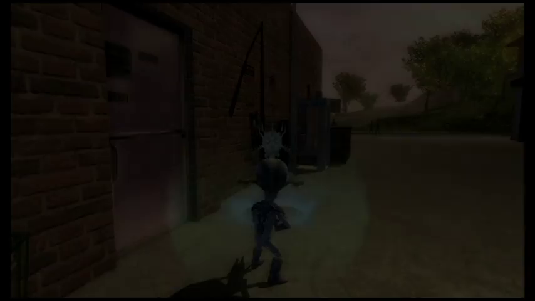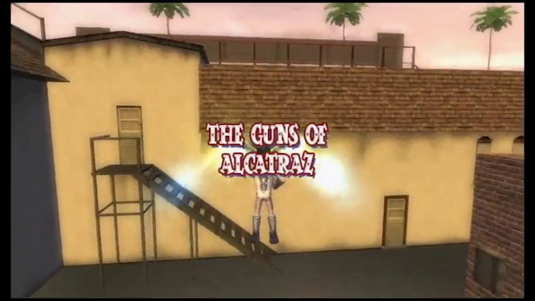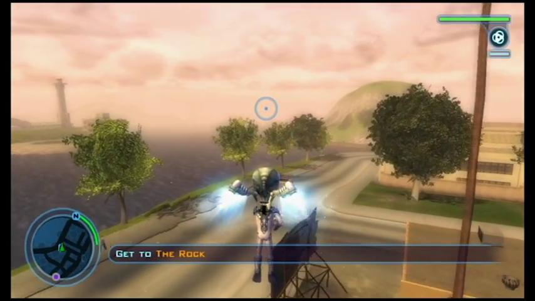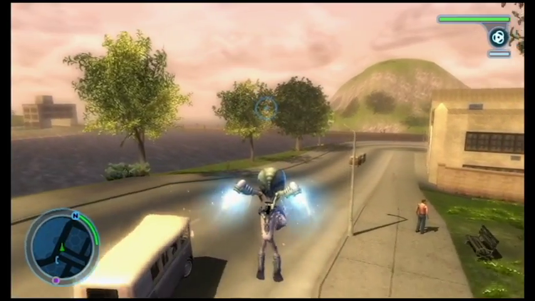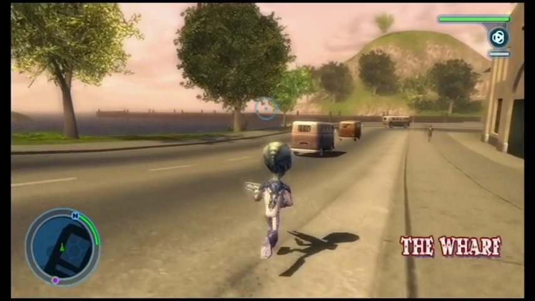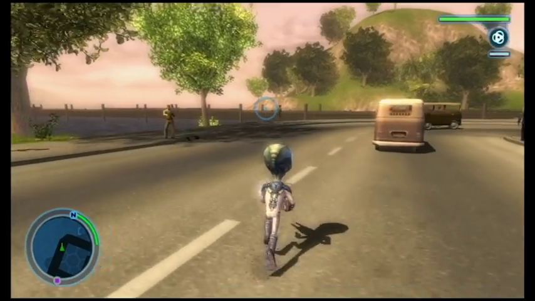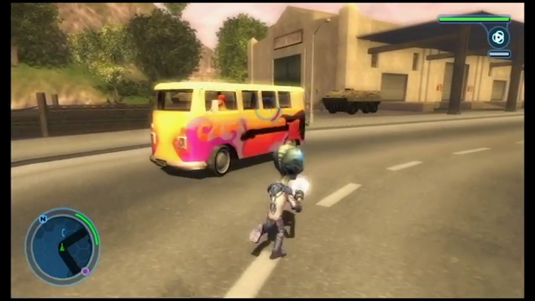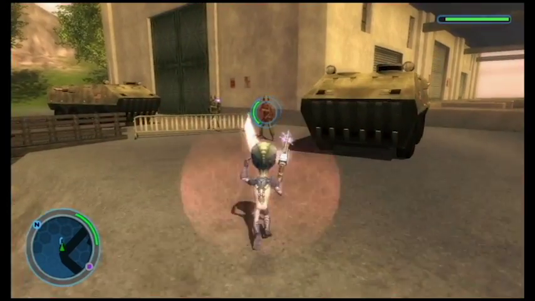Alright, so this is actually the last story mission of the area. The Guns of Alcatraz. Okay, so for this mission, it's going to be a lot harder to do if you don't have a jetpack upgrade. You don't need both jetpack upgrades, obviously, but having one is going to make this significantly easier. The reason being, it's actually pretty tough to get out to the rock, which is, of course, Alcatraz Island. It's pretty tough to get out there without some help from the jetpack because it's just impossible to reach pretty much without either a highly upgraded jetpack or using this little area that we're going to have